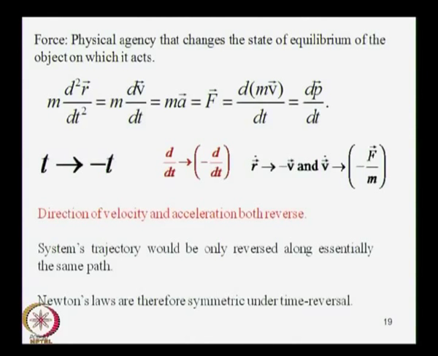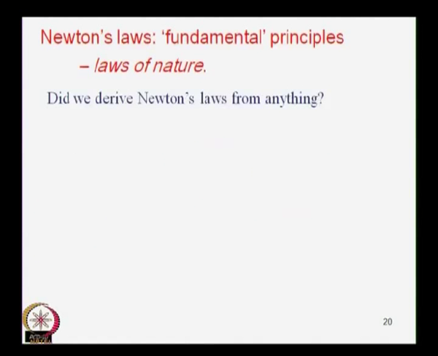So, there is no change, and the reason is that the time derivative operator d by dt comes into play twice in the equation of motion. Okay. So, the twice occurrence of the operator d by dt makes the equation of motion completely symmetric under time reversal. Another point that is of importance is to ask ourselves if we have derived Newton's laws from anything,